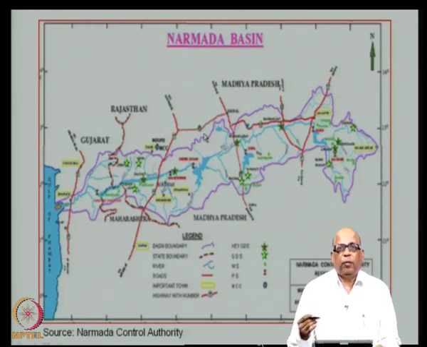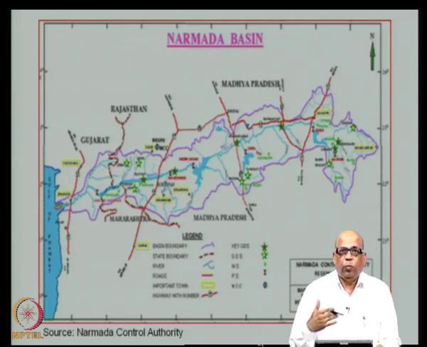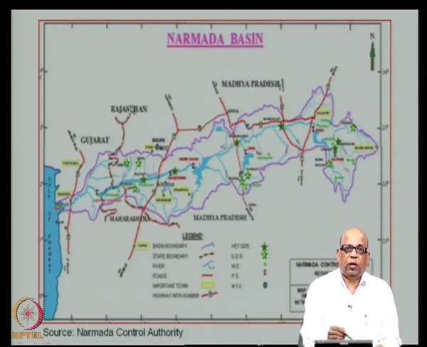In such large river basin systems, you can do very elegant systems analysis to answer several questions. One is pre-development questions. What I mean by pre-development is that you have taken up this basin to start using the water at various locations to meet different demands. For example, you want to supply water to Rajasthan, which is a desert area, a water deficit area, and you know that you can supply water to Rajasthan through this. Then you may want to use the water for irrigation in Gujarat as well as irrigation in Madhya Pradesh and then Maharashtra and so on.